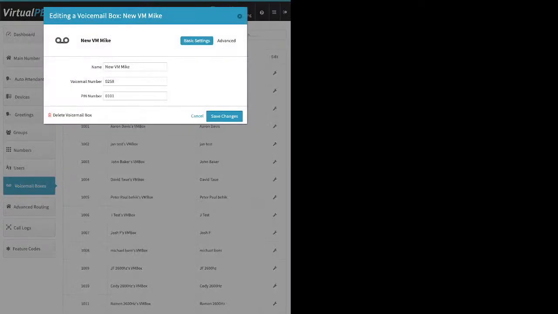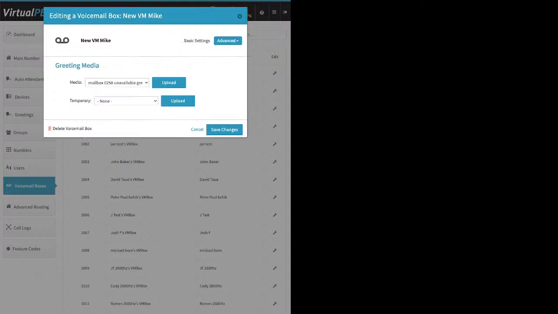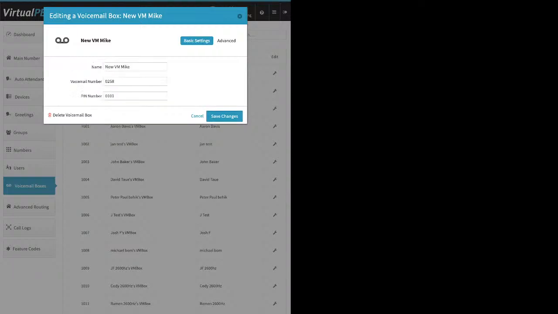Then you can click on the little wrench icon under Edit. You can always change this information later, right? Or delete the voicemail box if you're not using it. If you go under Advanced, Greeting Media, here you can upload a greeting file, right? Directly to the voicemail box, right? With the basic settings, you have the voicemail box number and PIN number, so you can record it over the phone,